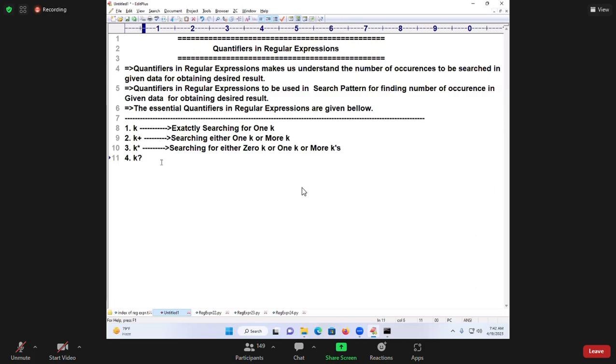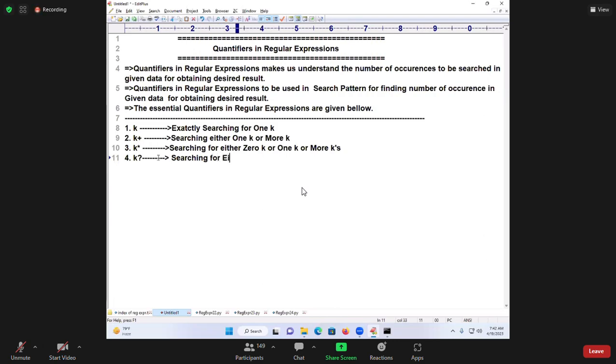K question mark. K question mark means question mark. Question mark says what? Either answer or no answer. When I am asking a question, what will you give? Either answer or no answer. No answer means what? 0 matches. 1 match means what? Answer matching. Correct or not? So what is the answer now? K question mark. Important. Searching for,